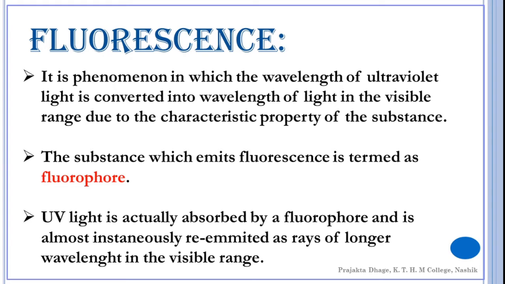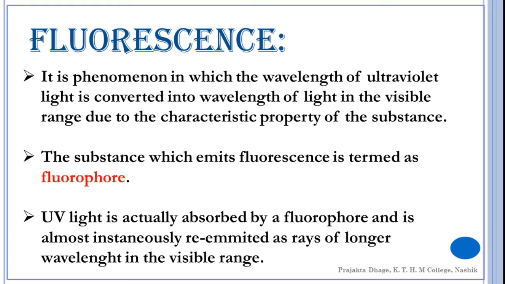When ultraviolet light is absorbed by the molecules of the fluorophore, they get excited, absorb energy and change from the ground state to an excited state. Under such conditions, the energy of each molecule is higher than that of its normal or ground state. The surplus energy either gets dissipated as heat or gets emitted as the fluorescence.